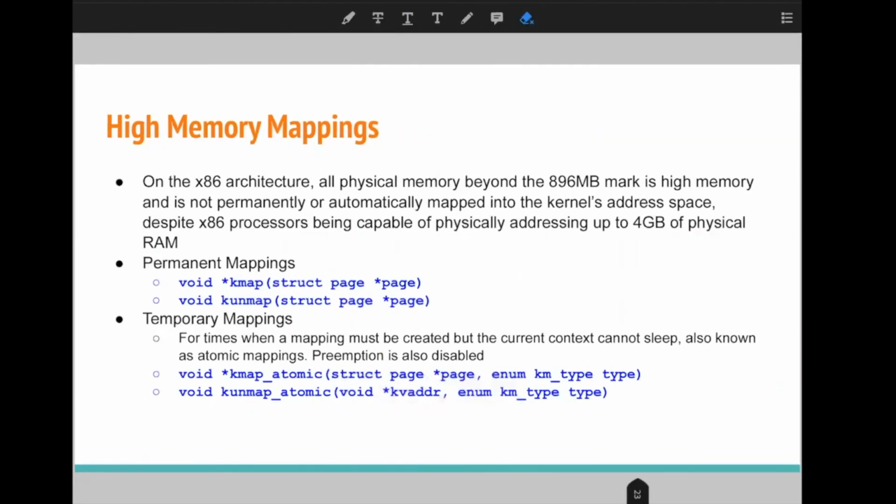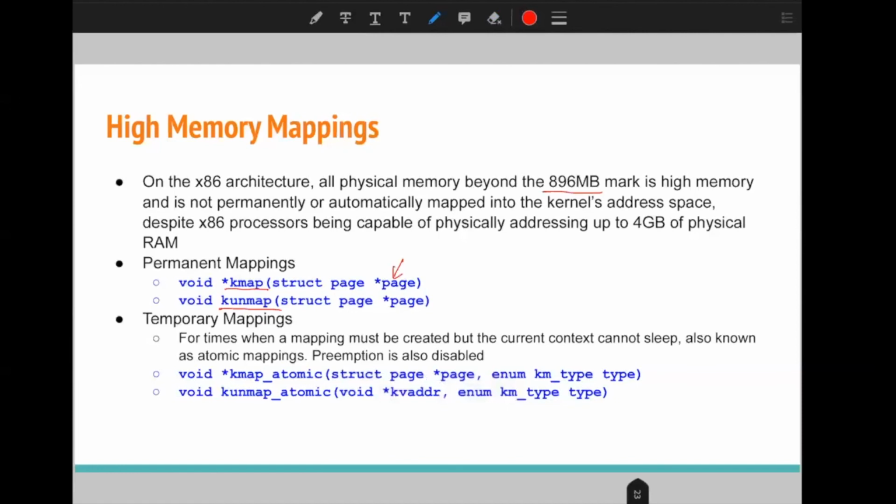So let's now discuss the memory mapping of the high memory region. In the x86 architecture, the memory beyond 896 MB is called high memory, and it is not permanently or automatically mapped into the kernel address space. So if you want to map a specific page into the kernel address space, we have to call the function kmap, and similarly we can unmap the particular page with the help of the kunmap function.